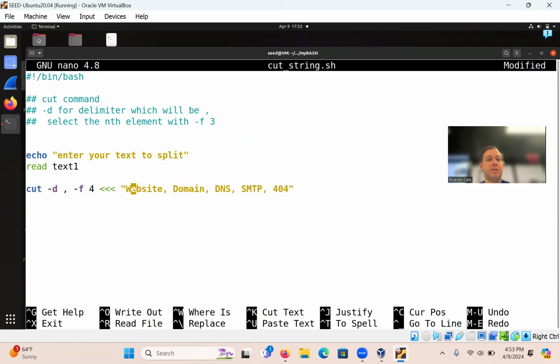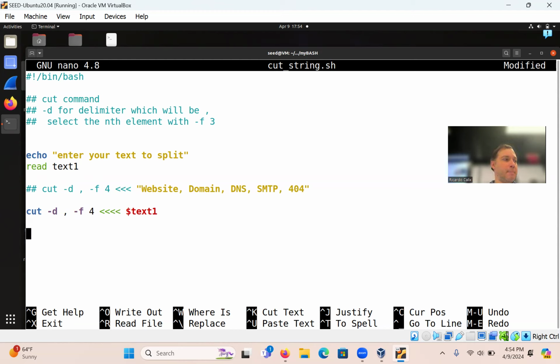Okay. And so now in theory, actually, I'm going to comment this out. Okay, and instead I'm going to do cut -d, comma, -f4, right? And then probably $text1. You guys see that? All right, let's see how that goes.